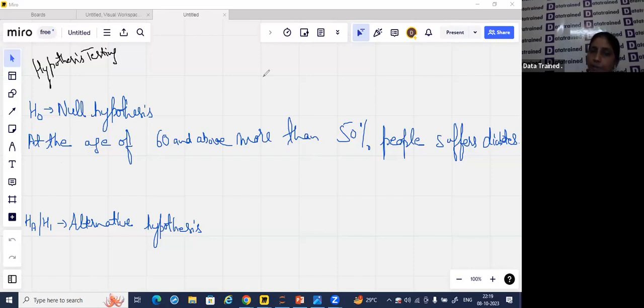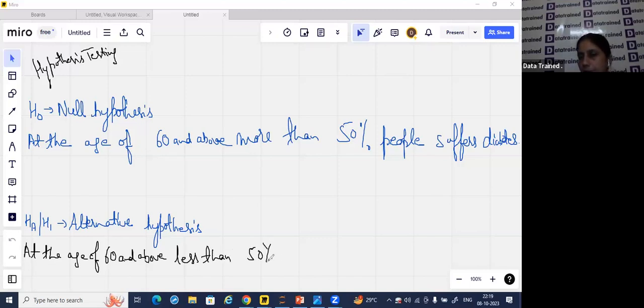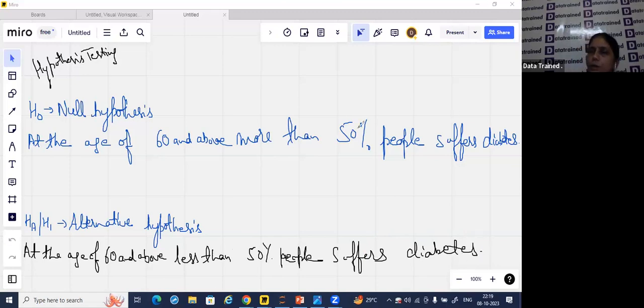So I need to build up another statement here. I'm just reversing the statement which I gave. At the age of 60 and above, less than 50% people suffer diabetes. So I'm just reversing the statement entirely. I'm saying, no, it is not true that you are thinking that 50% people are suffering from diabetes above 60